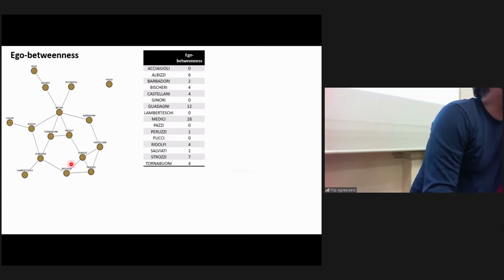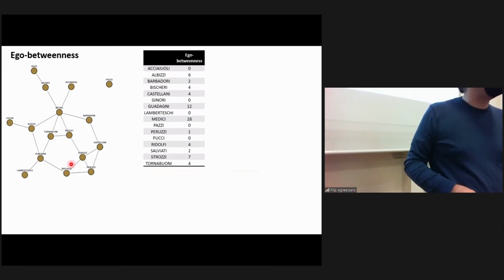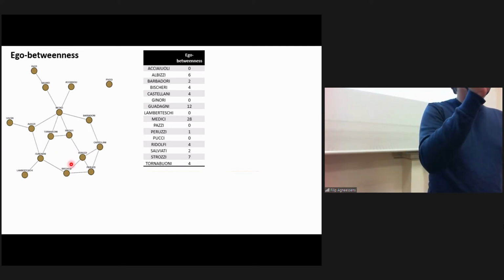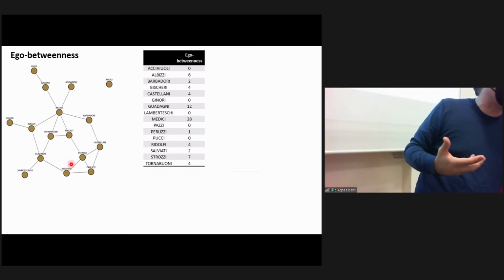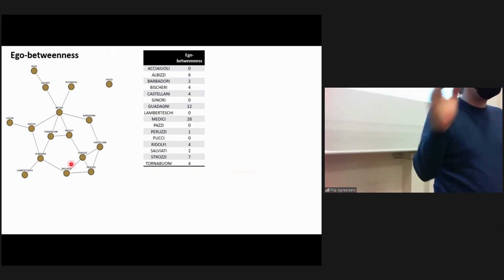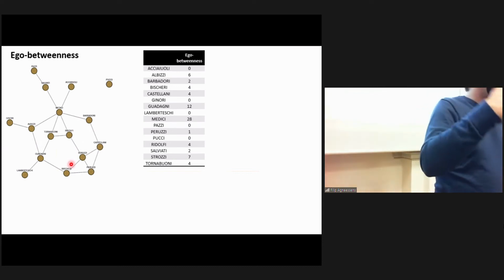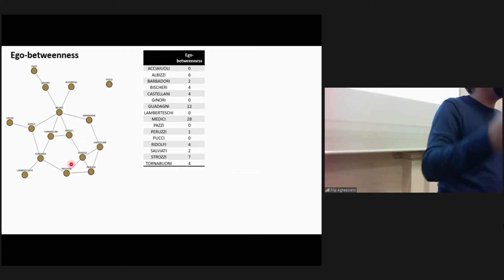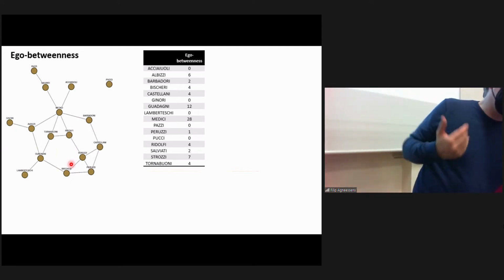So these are two simple things we could do if we have an ego network that we focus on. We could also do this for real ego networks. So for example, if I would ask you, who are your friends? And then ask you, are your friends with each other? I can also calculate the ego network density and ego betweenness, and get measures to see to what extent you are a person that's very close, that you always hang out with friends of friends, that all your friends are friends with each other, or whether you're more an open person. There have been studies that have tried to link this with personality,